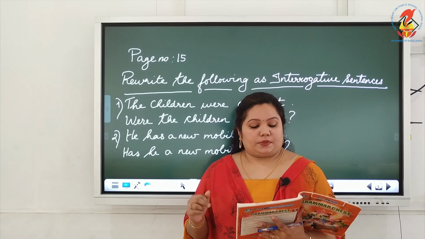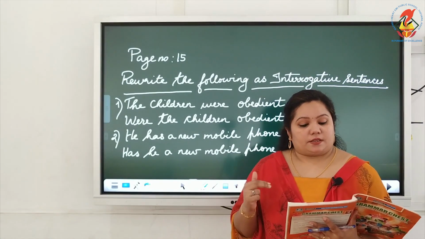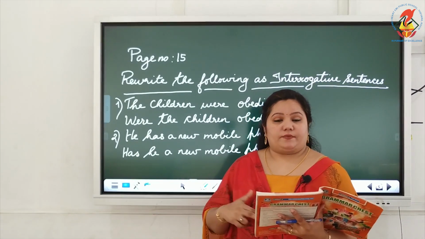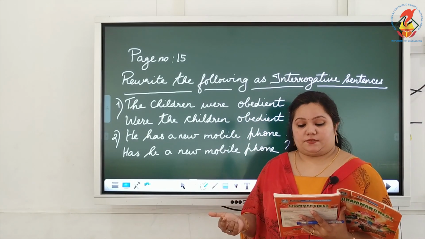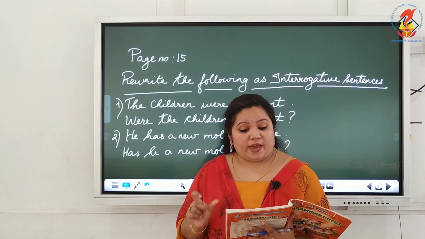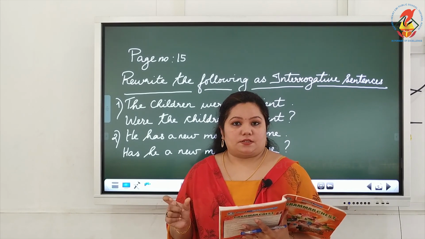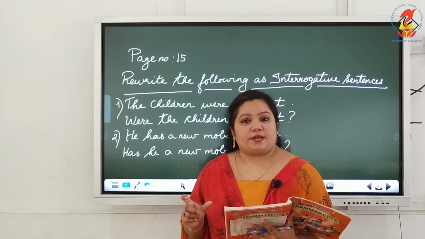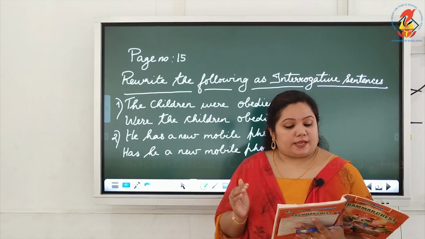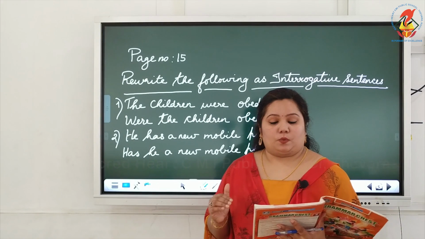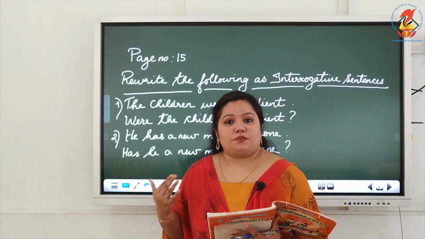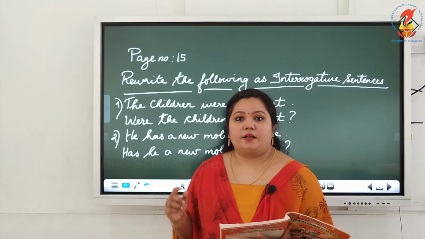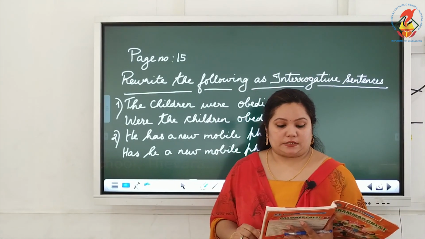Question mark. Now the second one given here, the boys were tired. This is a statement, and we change it into an interrogative sentence as, were the boys tired? Question mark. Okay, so the boys were tired, were the boys tired? Then the third one, she was a winner. When you change it, you write it as, was she the winner? and a question mark at the end.